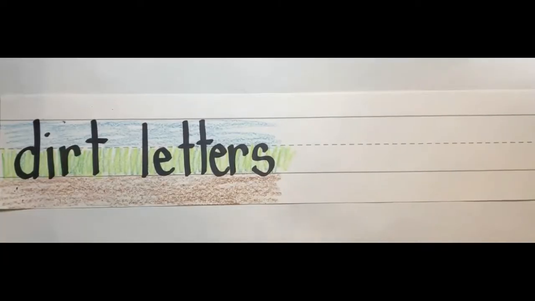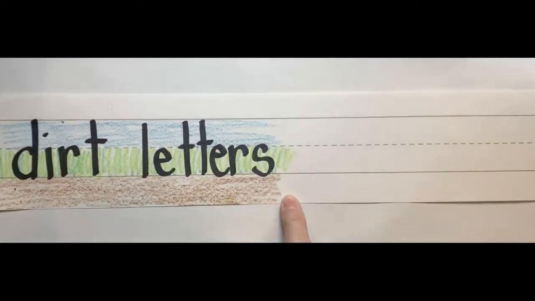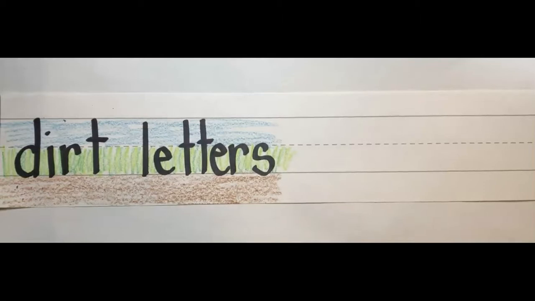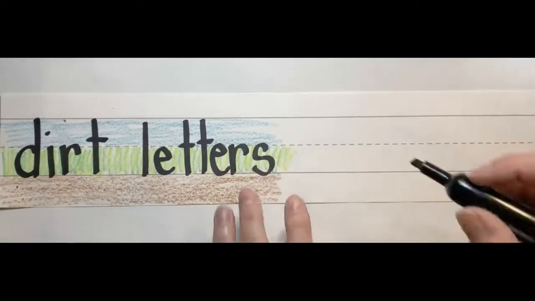Dirt letters have part of their letter written in the grass. All the letters have some part in the grass. Grass letters have only in the grass, but dirt letters dig down low into the dirt down here. Okay, so let me see. A, B, C. I'm just doing the alphabet to think about when I get to a dirt letter. A, B, C, D, E, F,